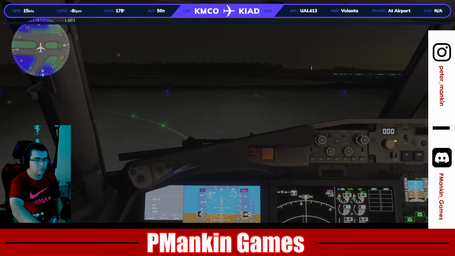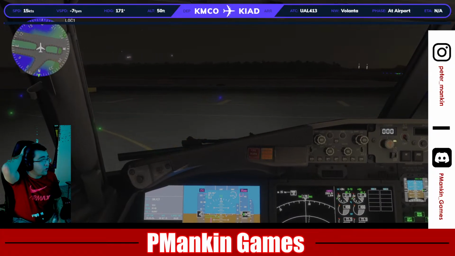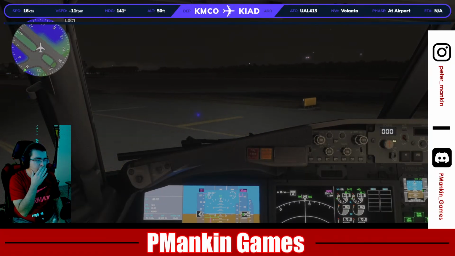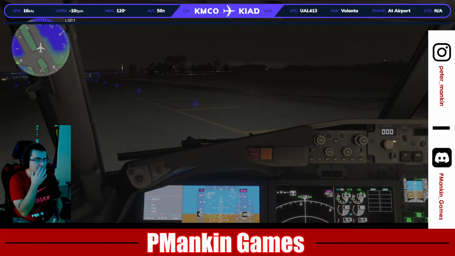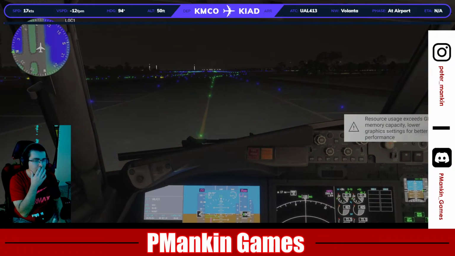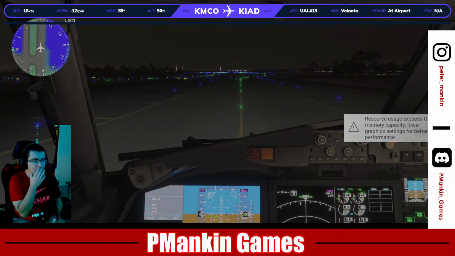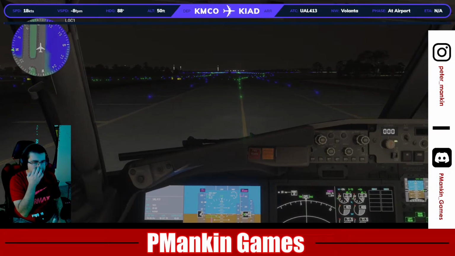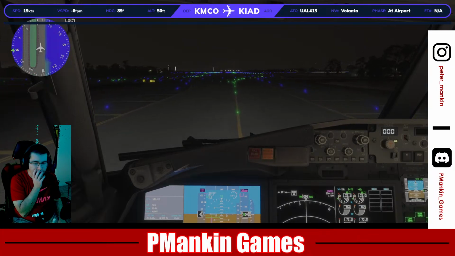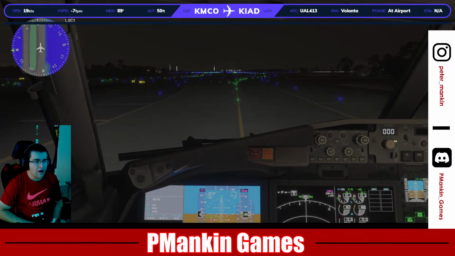Oh, I taxied a little bit fast. Okay. There's a certain speed that is not appropriate. It's 30 knots. We were at 19 knots, so it should be okay. Oh, oops, sorry. Taxiing currently. Yikes, Orlando's going